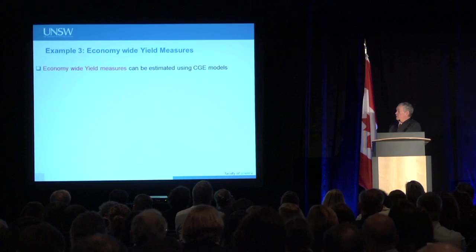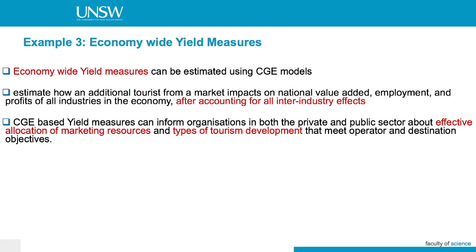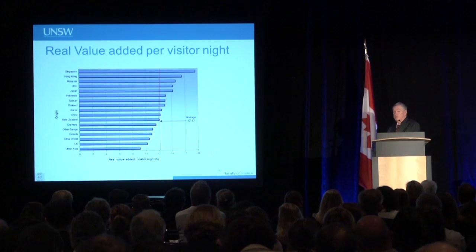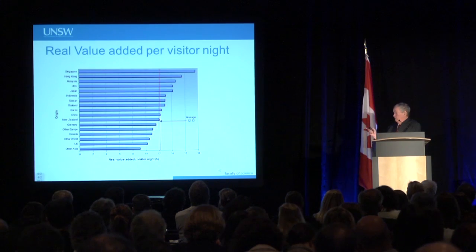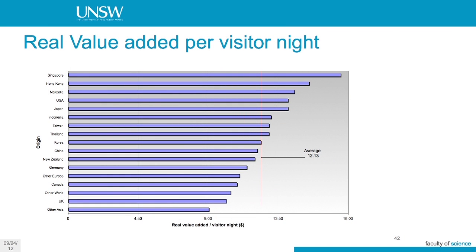And the final thing, I've mentioned yield measures a couple of times. Our team has developed CGE measures of yield where we've looked at the bottom line. What is the bottom line of a tourist's contribution to the economy after allowing for all of these interactive effects? And again, real value added per visitor night comes down to $12.13. You might remember it was up above $90 as an average amount of expenditure from a representative tourist. Now we find, when we've done the modelling and looked at the actual contribution to the economy, that the average contribution is just